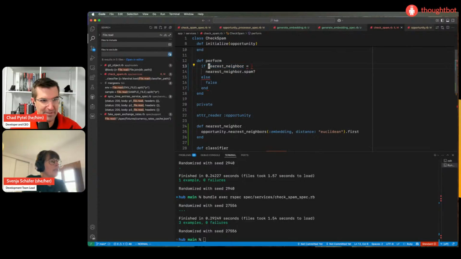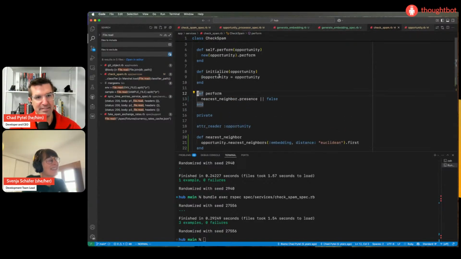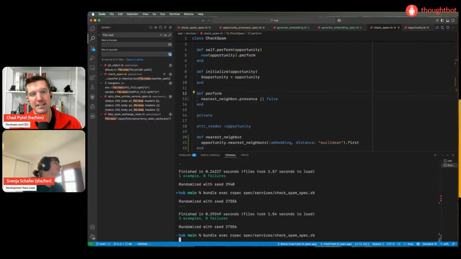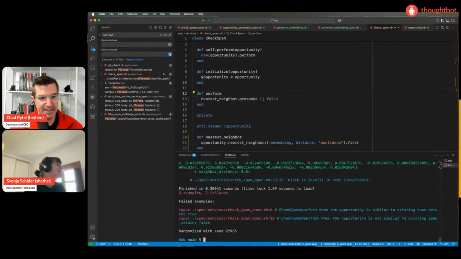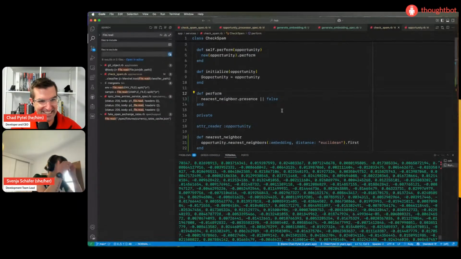What do you think of if-else statements written like that? I just refactored it. Red, green, refactor. Oh, failed. What did we get?